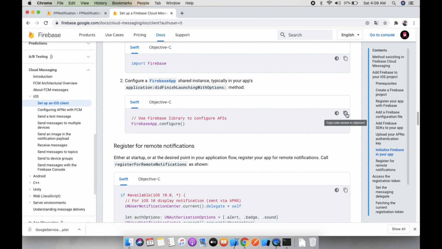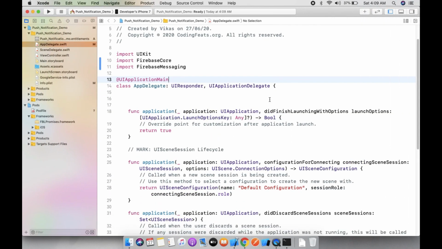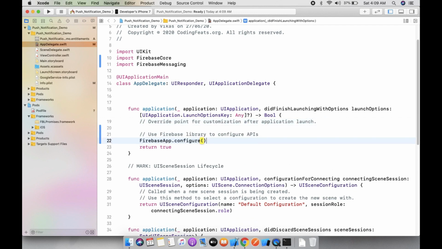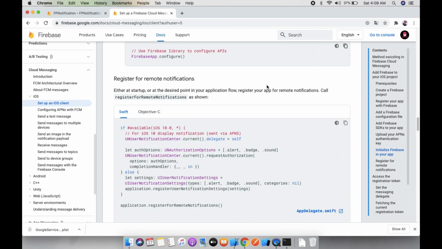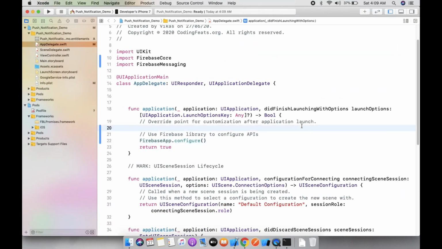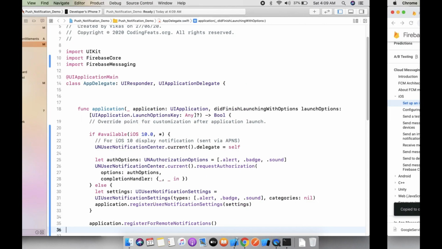Let's copy this and paste it in didFinishLaunchingWithOptions and save it. And here, register for remote notification, this is very important, so you can copy this and paste it here.